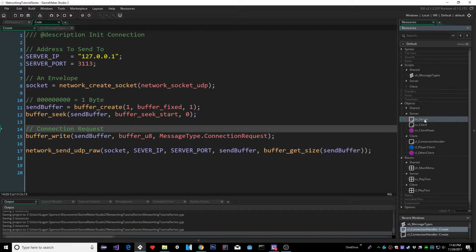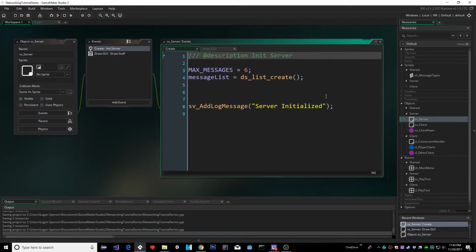How do we receive it? Go to our server, SV server, and again we have our initialize. And all we have to do here is we have to create another socket here. Now you can think of the old envelope we created on our client side. Actually, all that stuff gets duplicated to another envelope on our server side, and that envelope is placed into its port. Okay, probably not the best description, but yeah. So we have to create another socket to tell GameMaker to listen to this certain port. Okay, so we're going to say SV socket. We're just going to call it socket because it's a local variable. We're going to say socket equals